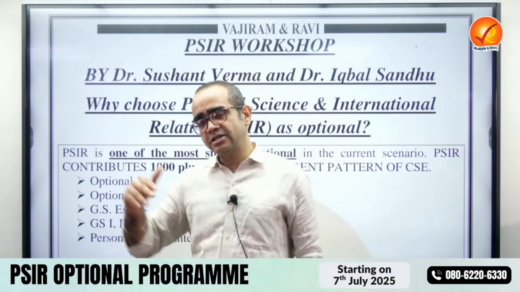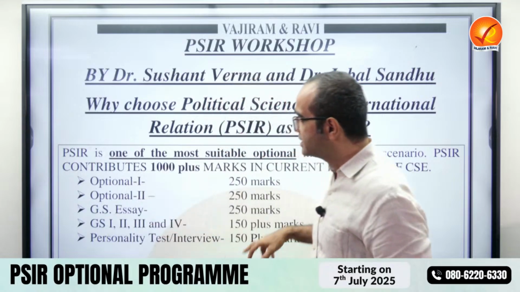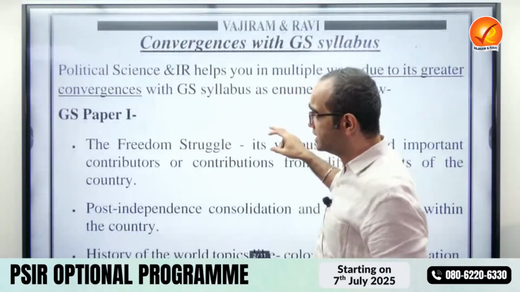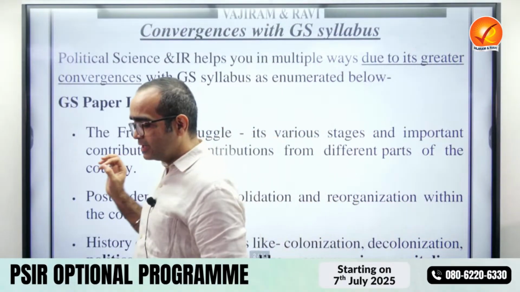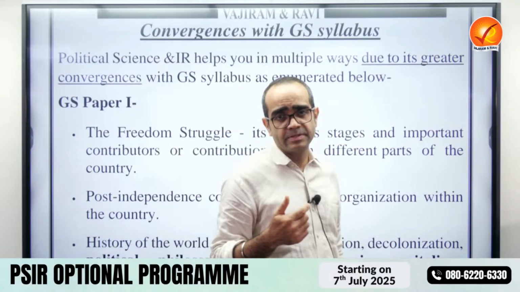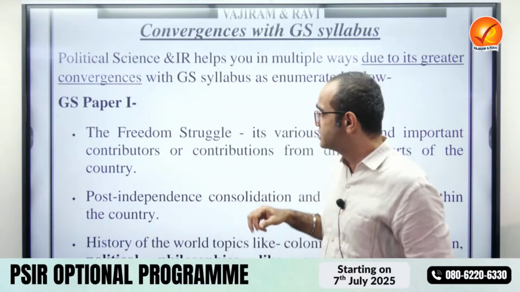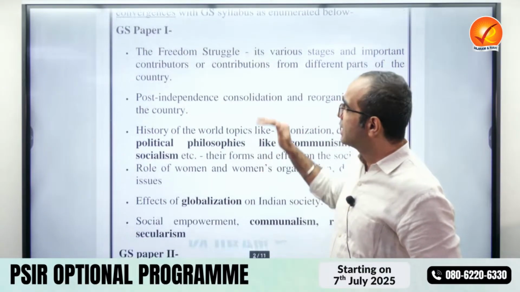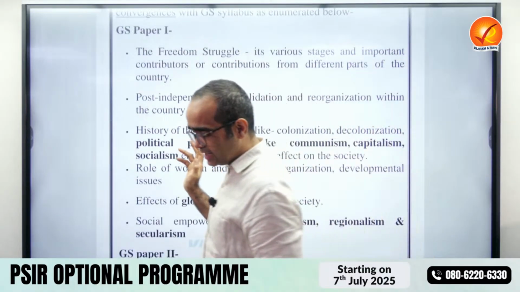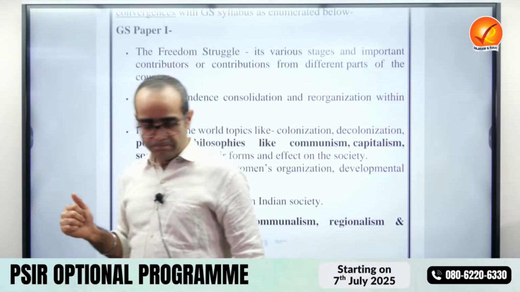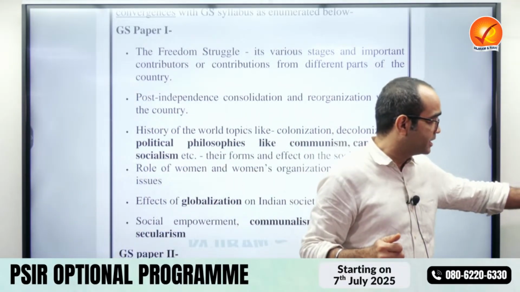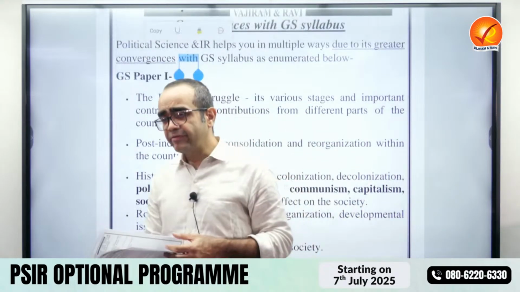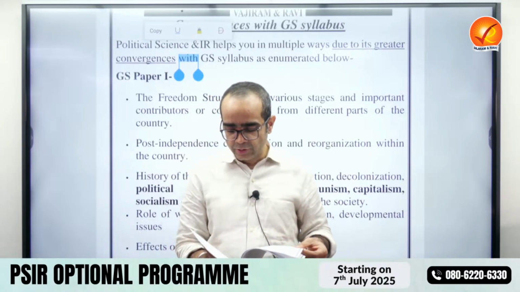And many a times, these philosophers are ones we have already discussed in the optional. Moving on from GS, let us move to GS paper 1. All of you have this handout. You can see how GS paper 1 has very great convergence with the PSIR syllabus. For reference, we have also included the sections. In GS paper 1, these topics are ones we already teach extensively in the PSIR paper. If you have the first material of the PSIR workshop, we have also provided you a syllabus for your ready reference.